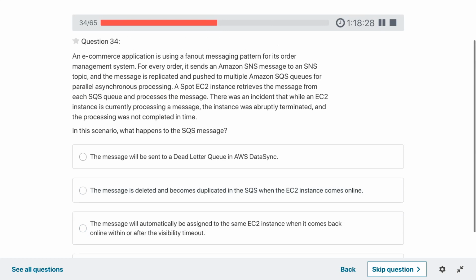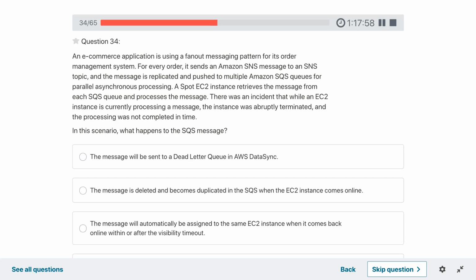An e-commerce application is using a fan-out messaging pattern for its order management system. For every order, it sends an Amazon SNS message to an SNS topic, and the message is replicated and pushed to multiple SQS queues for parallel asynchronous processing.